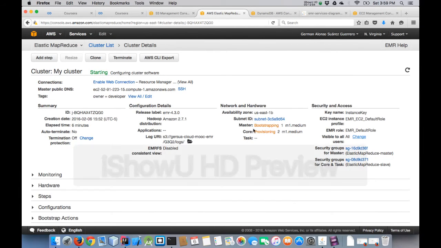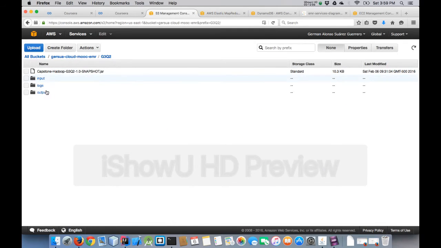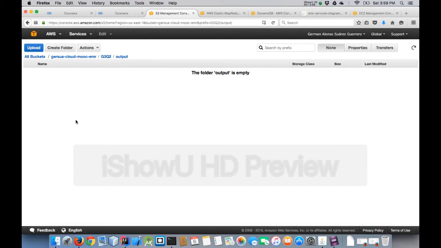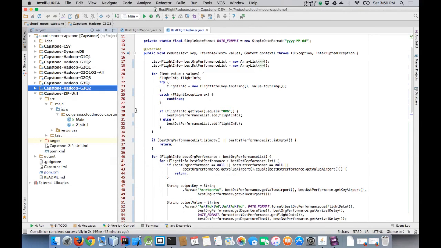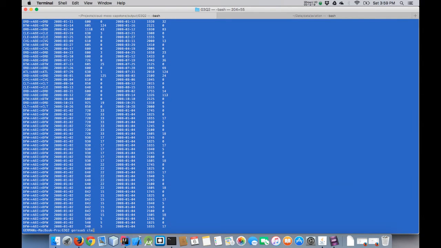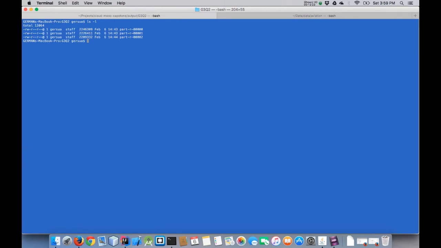Well, here it is provisioning, but what I did was try to download the output. In this case, the folder is empty because the MapReduce cluster is processing again. But I actually downloaded what you see here, these three parts that were the output from